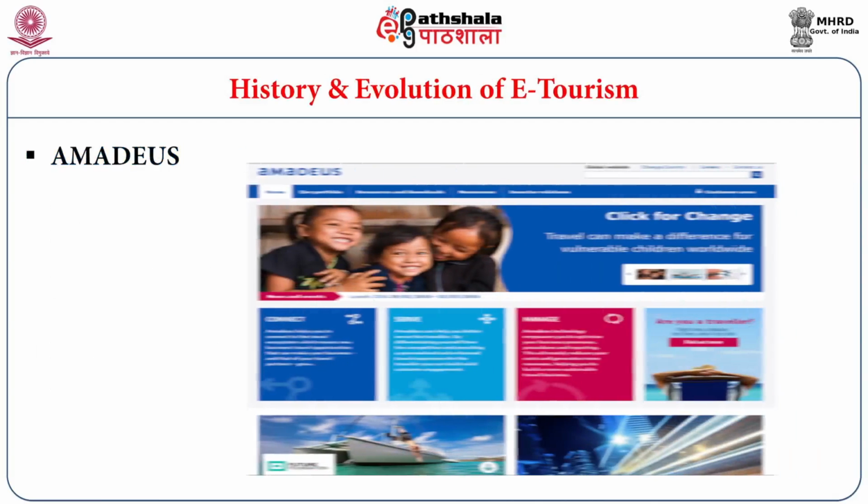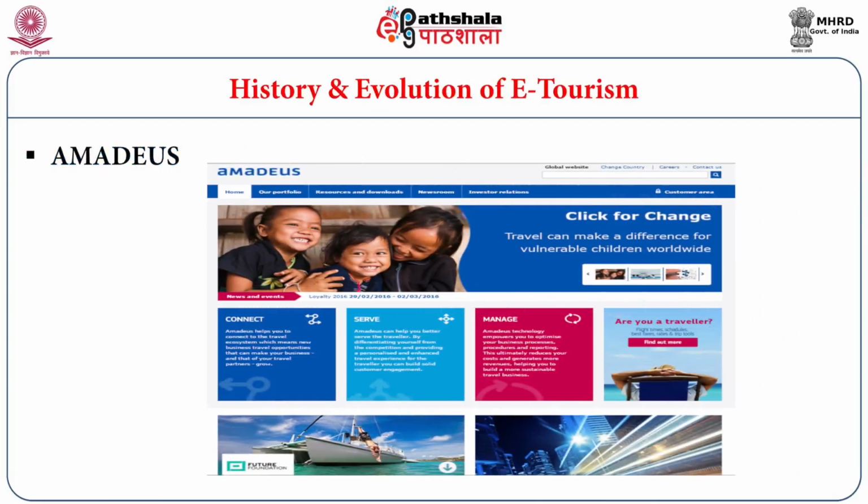And the screenshot that you are seeing is from Amadeus software website. As you can see, they are not just into airline booking, they are saying connect, which means you can connect to any destination or any airlines. You can serve, which means they are going to serve you the kind of solution that you want, which could be a bus ticket or an air ticket or a hotel booking. And they say manage, which means that they are managing their internal business operations, whether it is human resources or whether it is inventory or financial, anything, they are managing it using this GDS software. That's what they are saying from their website.